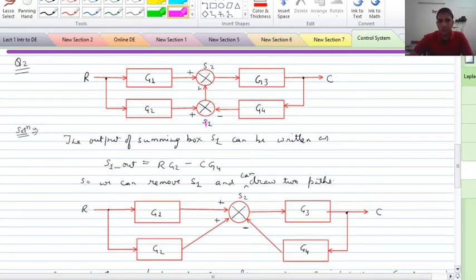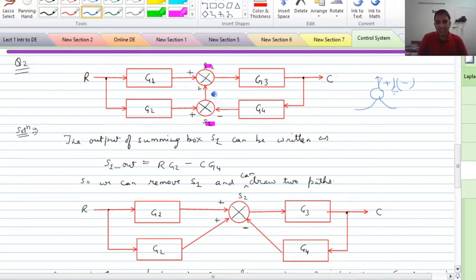there are two summing boxes, that is S1 and S2. So in this way, if we look at this position, we get two paths, a path which is coming from this side and a path which is coming from this side, and both are added at this point, and then it is given as this one. So you can see that there are two plus and one minus signs, so we can divide this part in two. So using this logic,